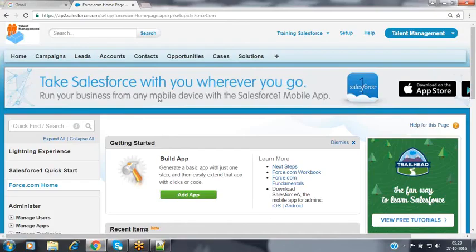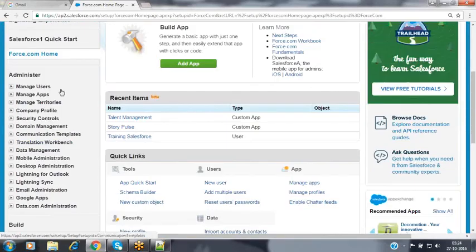Let's go to the Salesforce instance which we have created. Now this is my Salesforce instance. Once you go to that Salesforce instance, in order to create your own custom objects, go to the Setup menu in the top right corner. Now click on that Setup menu. It provides the setup options to you in the left panel. These are the various configurable options available in Salesforce.